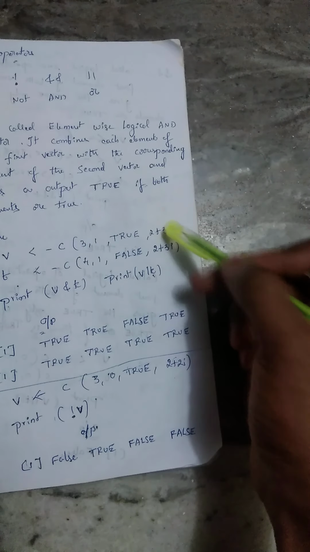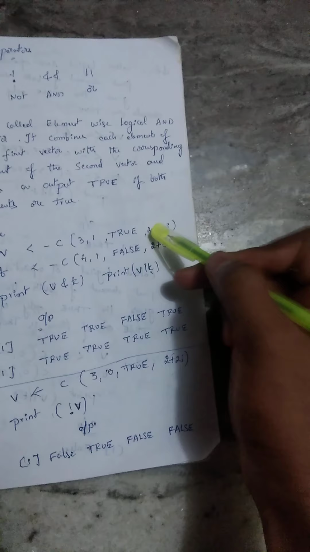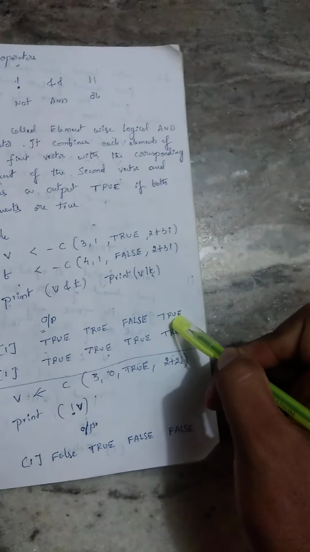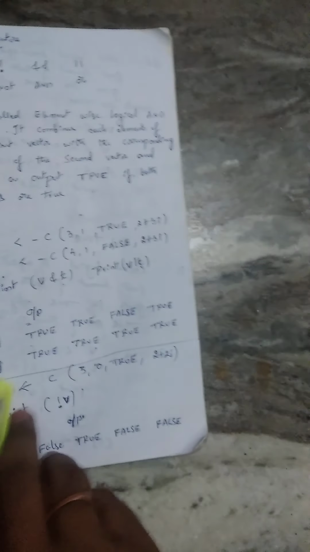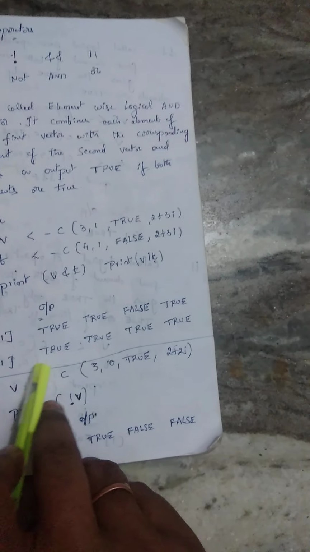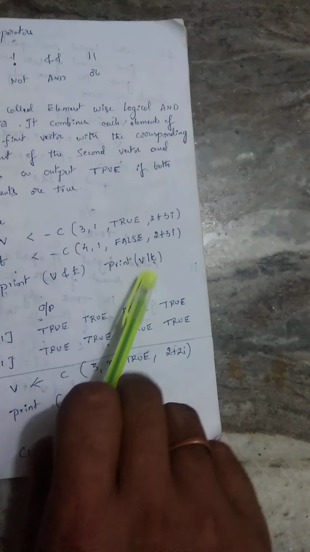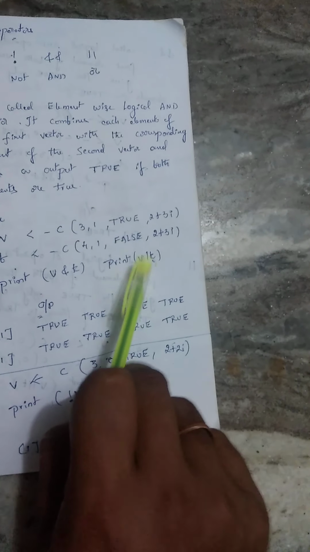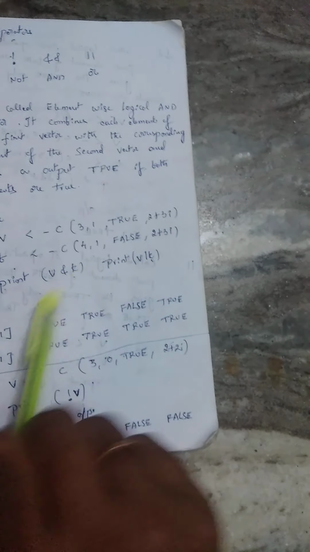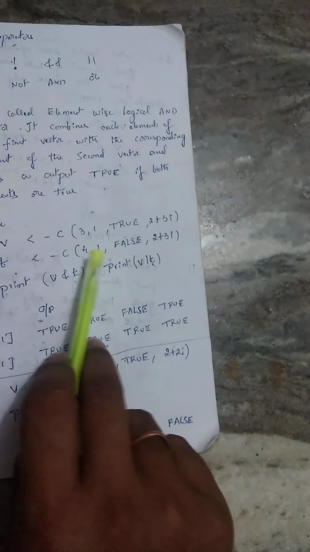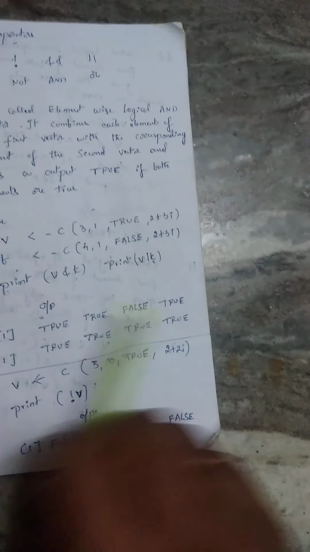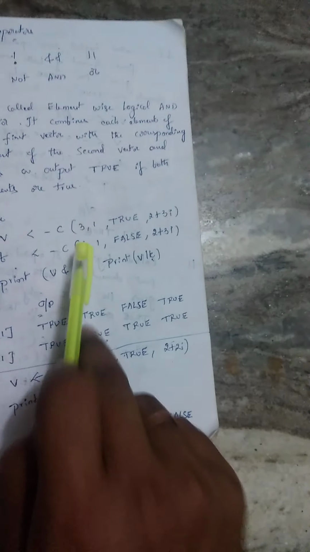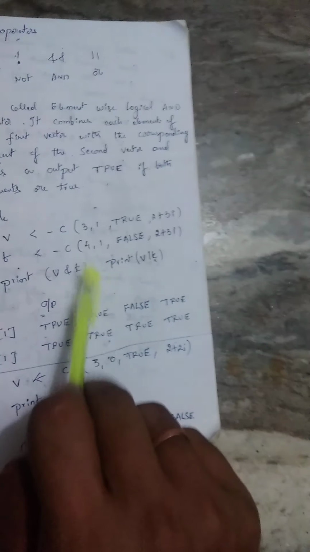It is the same with this, the same conditions, 2 plus 3i, 2 plus 3i, it is true. Okay, next coming to the V or T. This is an OR condition. Any one is true, we get true. Suppose one is true and one is false, we are taking some values.